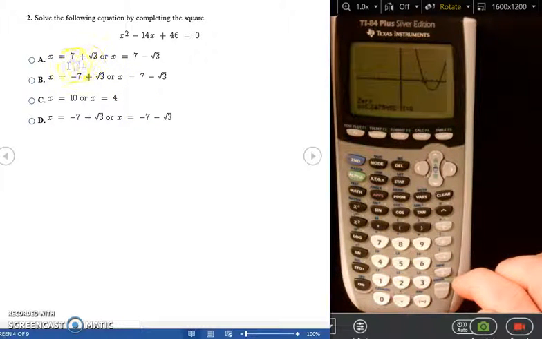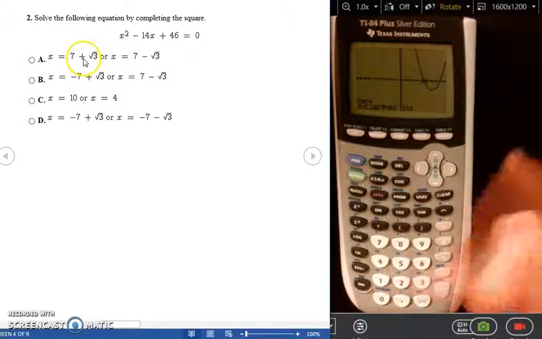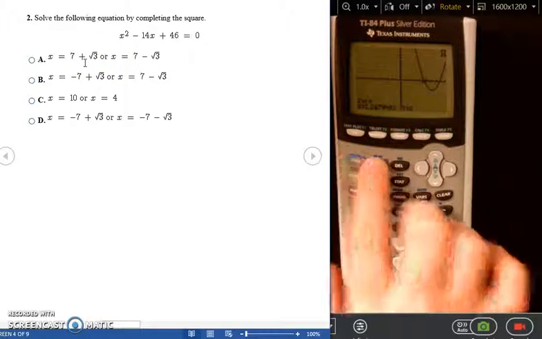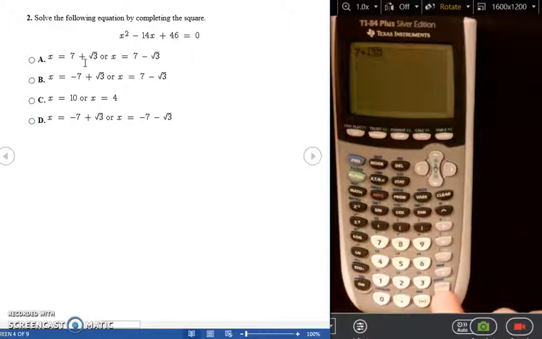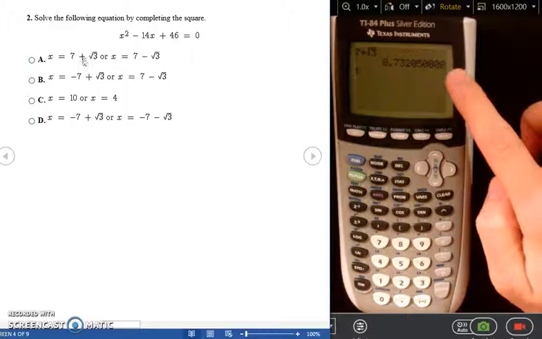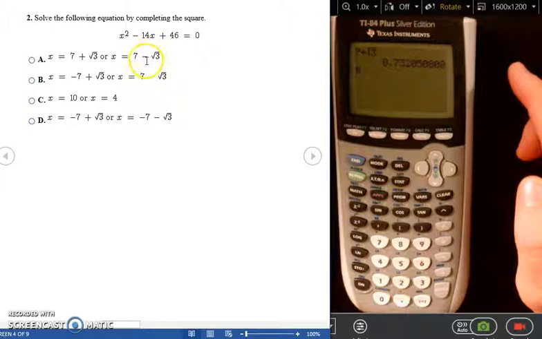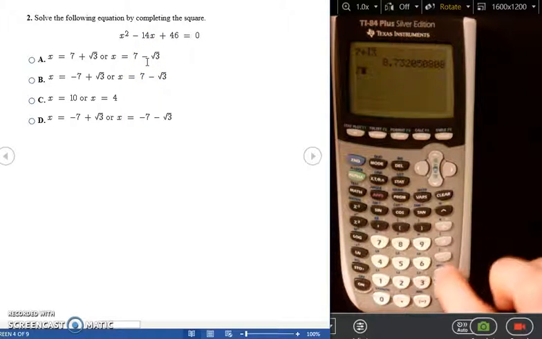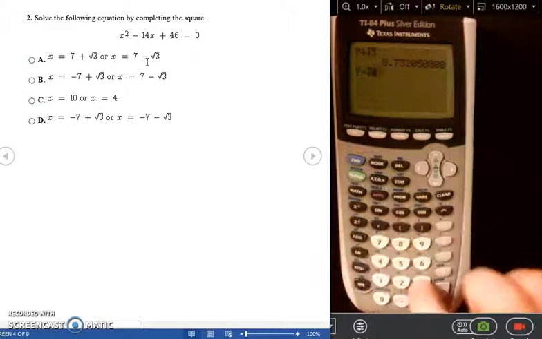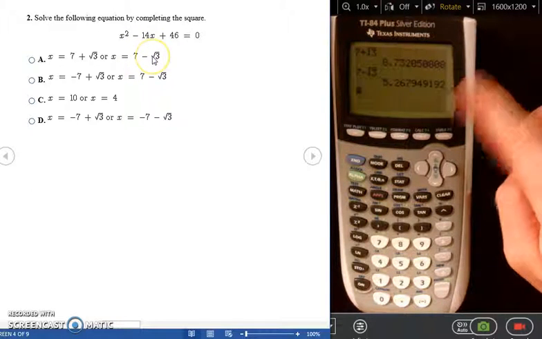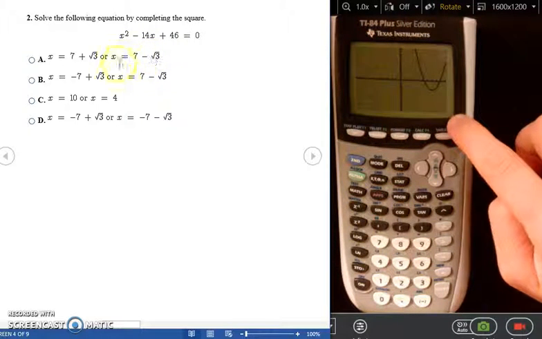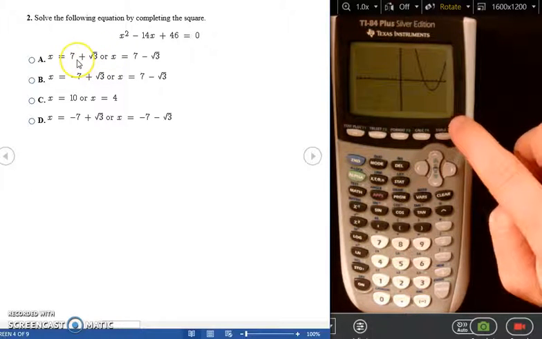So I'm going to think that that is one of these numbers here. To know that for sure, I can go to the home screen and type 7 plus second square root of 3 and press enter. And it gives me a decimal. That was 8 point something, so that wasn't right. So maybe the minus square root of 3 is right. So 7 minus second square root of 3. I press enter, and then there's that same decimal. So this is going to be one of my zeros, this 7 minus square root of 3, because in its decimal form, it matches what I calculated the 0 of. So hopefully when I find my other 0, it's going to be that